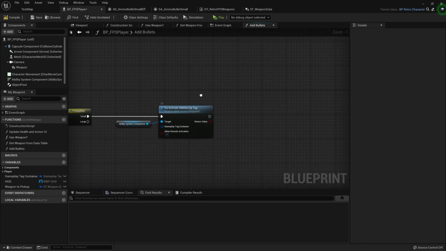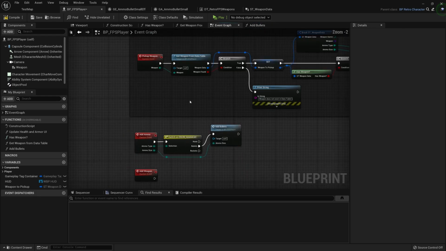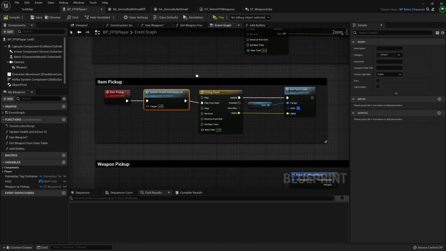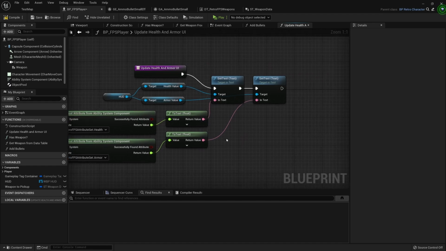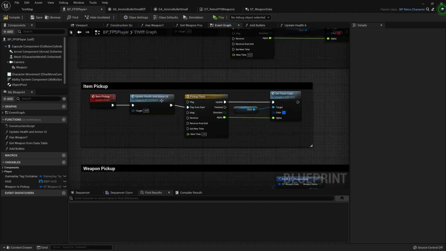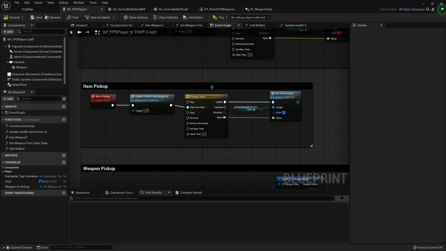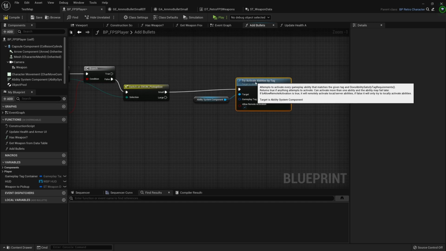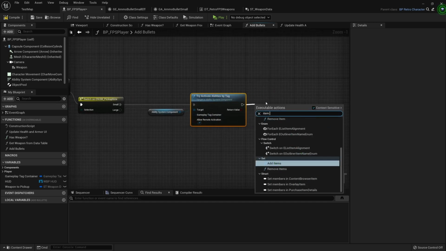And then after this is fired, we want to run the item pickup, because all this does is update the current UI in here, which we'll need to add ammo to that. And then we'll do the pickup flash that usually occurs when you pick up an item. So in order to determine which tag is being fired, oh yeah, we want to do the item pickup here.